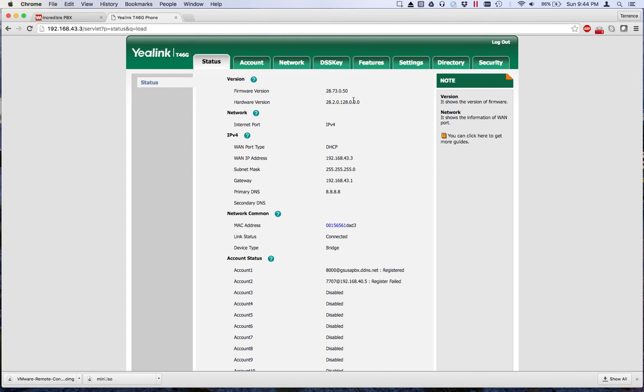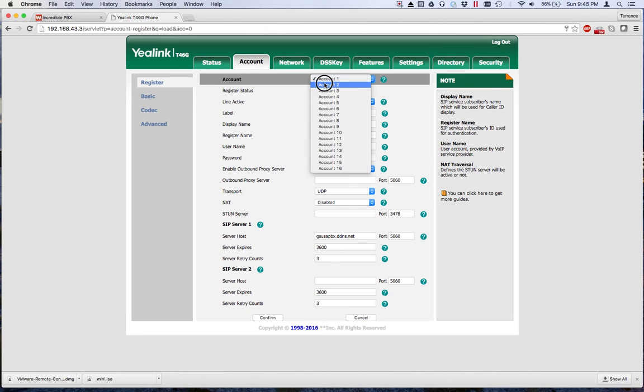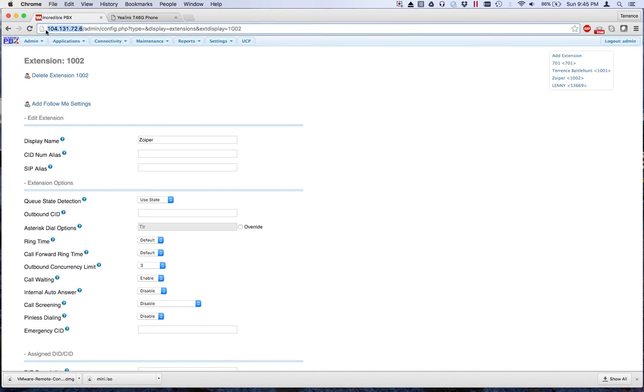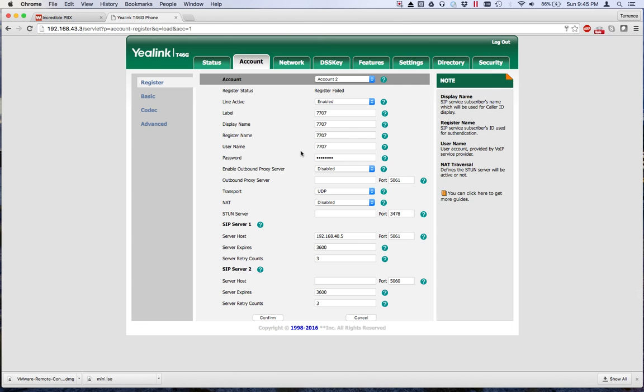Alright, Zoiper is actually having some problems on my phone, so what I'm going to do is just use a phone that I have near me right now. I have a Yealink T46, so let's just turn that on real quick and that'll work for us too. And I'll go over what these settings mean, but for the time being I just want to get these done. Actually our SIP port is 5060 in this case,